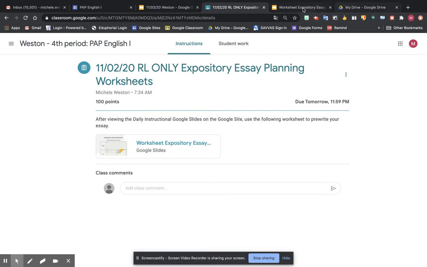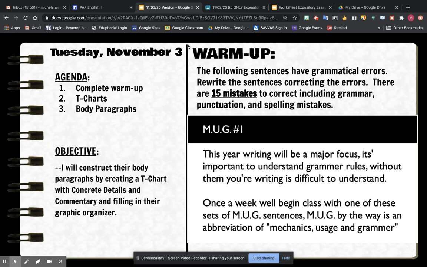Okay, so going to our warm-up, for the next 3 days we're going to be doing what's called MUG, Mechanics, Usage, and Grammar, where you're correcting some writing. In the following two sentences, you have 15 mistakes. So that has to do with grammar, punctuation, every little comma or period or misspelling. All that has added up to 15 different mistakes that you have to correct. So what I want you to do on your Google Form is rewrite these sentences and write them correctly,